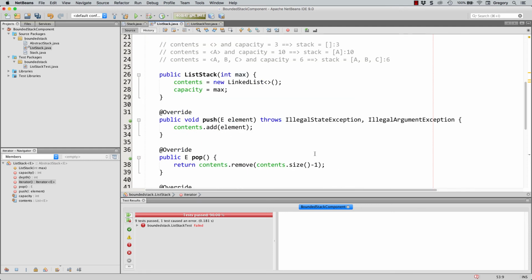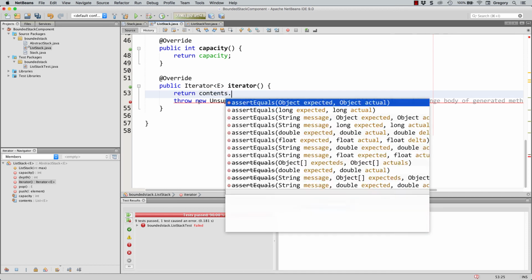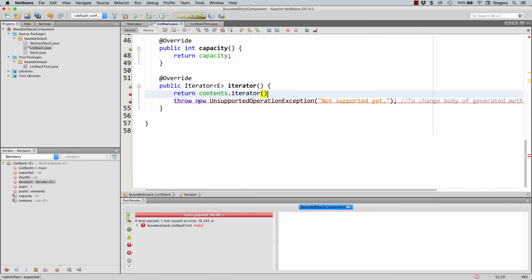Okay, so not a list iterator, it is just a regular iterator, but the iterator of the list. So I'm just going to return contents dot iterator,